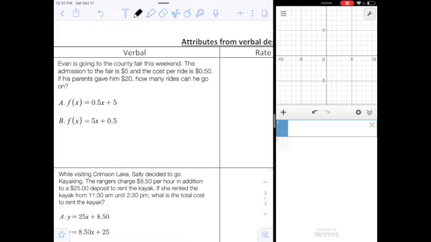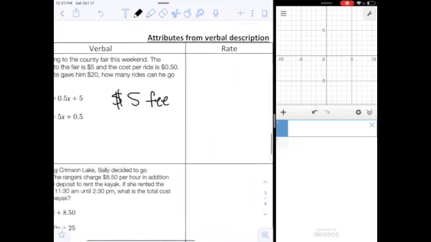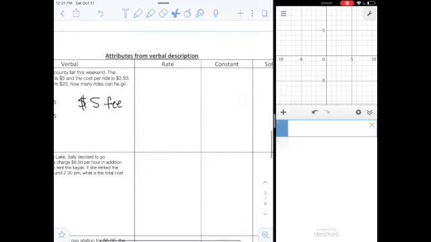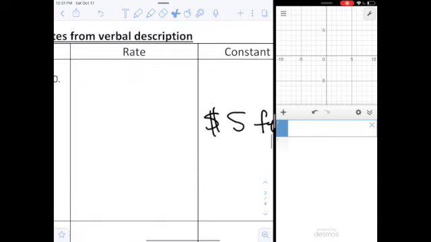So taking a look at our options, it says the admission was $5. Okay, here's the thing. Your $5 is not going to change. That is your fee, right? That is your entry fee. It's not going to change. So because it's not going to change, we're going to call this our constant. Now, your rate is going to change. Well, your rate, the amount per ride, is not going to change, but how many rides you ride is going to change. So our rate is 50 cents